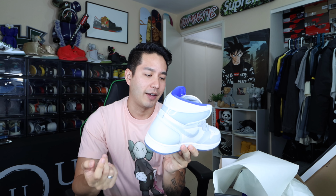A lot of people are getting behind this model. There's actually decent resale on this right now, but over time I could see it gaining more value because people are actually very hyped over it, which I'm surprised they were. Definitely a lot better than I thought it was going to be. Not bad, Jordan brand. March was definitely a great month for sneaker pickups, and I'm happy that I got two of the biggest drops of the month